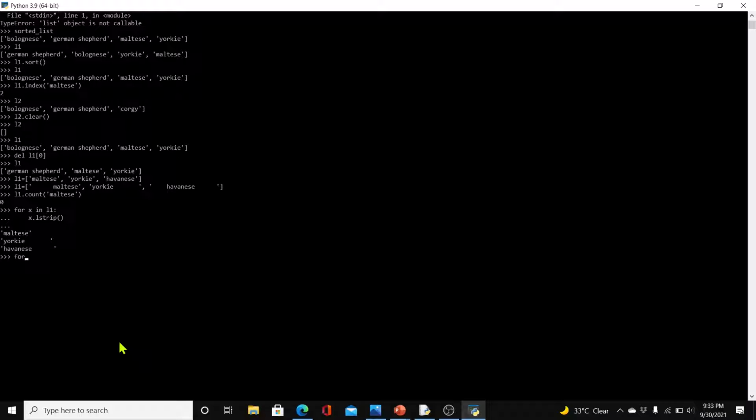For removing the trailing spaces, I would use R strip. So I would say for X in L1, X dot R strip. And then you can see now we have the leading spaces, but the trailing spaces are being removed. To remove both, I would use strip for x in L1, x dot strip. And now both leading and trailing spaces have been removed, right? But if I look at L1, I still have those spaces,